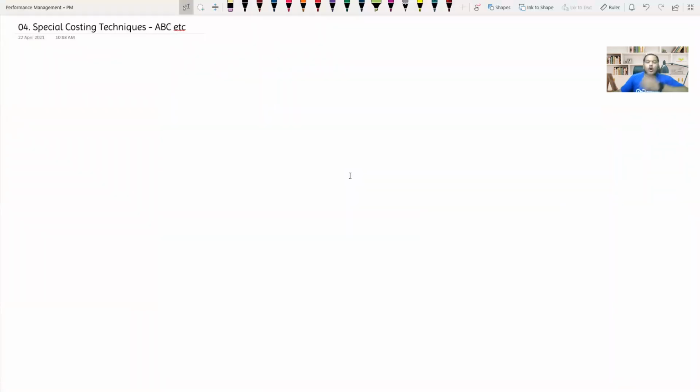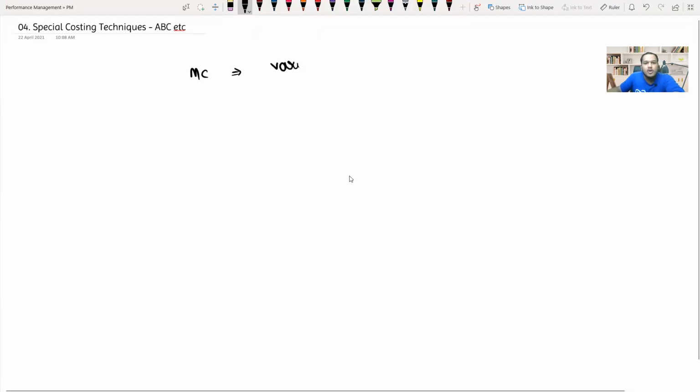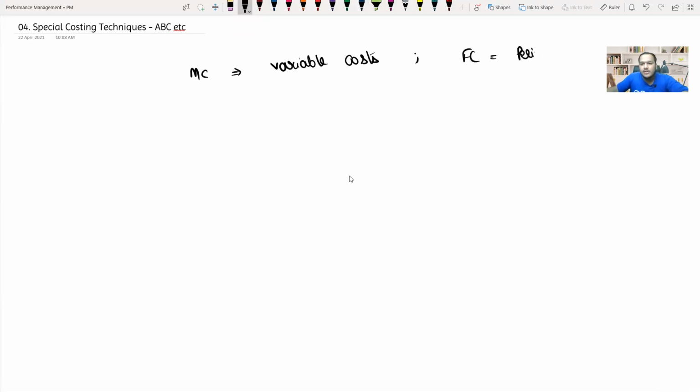Before we move on to ABC, first let me very quickly recap. What was marginal costing doing? Marginal costing was only considering the variable costs as the production cost. Important: variable costs are only considered for the product cost. Under marginal costing, fixed costs are considered as a period cost. They are not included in the cost per unit calculation. But under absorption costing, we take the entire production costs, not just variable cost. Fixed costs are considered as product cost, not as a period cost, and absorbed.